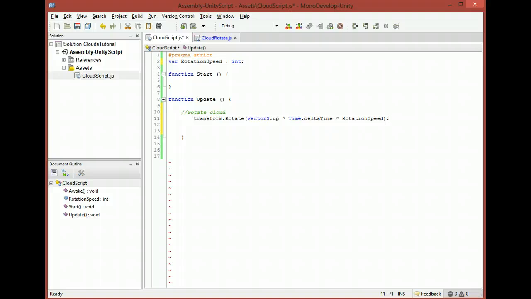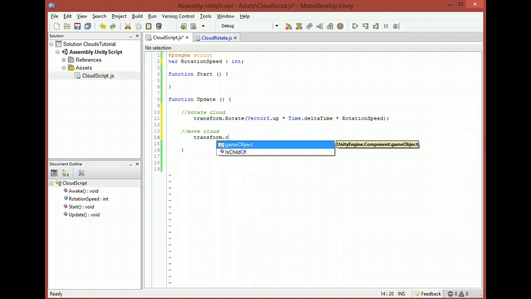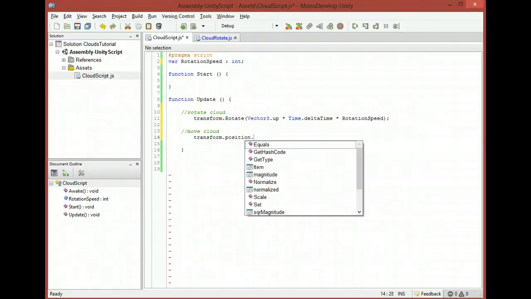Next, you want the cloud to move slowly from one side of the screen to the other. I'm assuming that you're moving right to left here, but you can change the script around as you like. We'll label this section of script move cloud, and then we write in a very basic line of code: transform.position.x